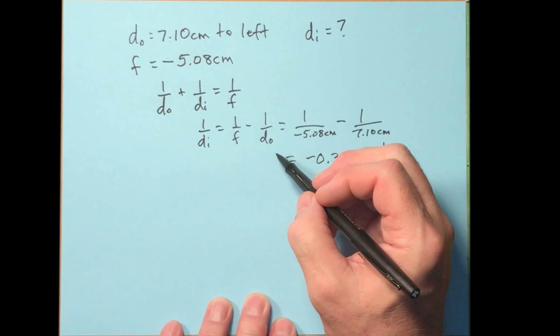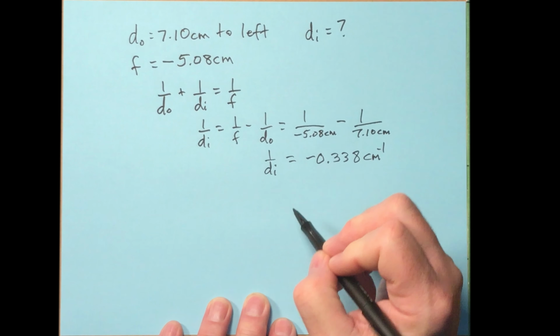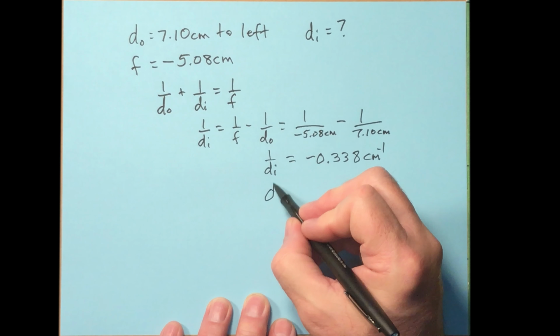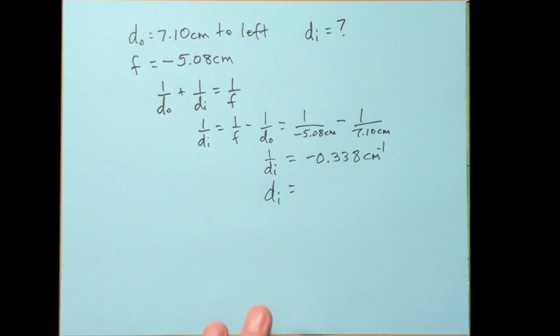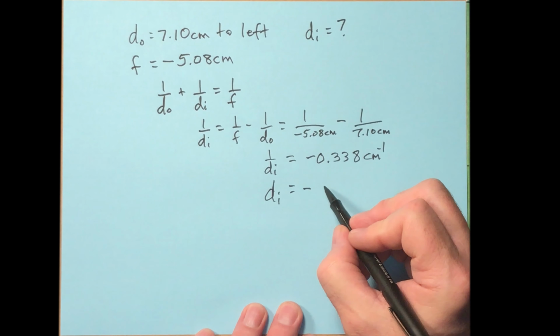Now that's 1 over dI, so you need to solve for the image distance by taking the reciprocal of that, and it turns out to be minus